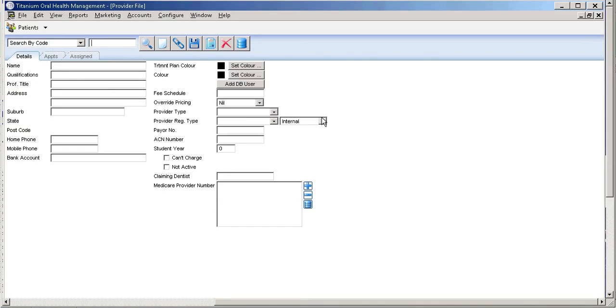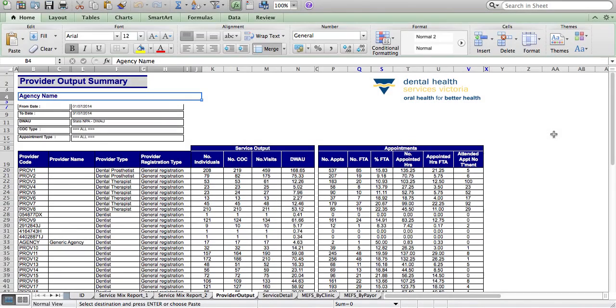Similarly, if an internal provider at your clinic is missing, it is likely they have been assigned incorrectly as an external provider in the provider screen. Once that is corrected, the report can be run again immediately, and the missing provider's output and appointments will appear in the report. As I indicated earlier, the left side of the report displays the output data for each provider or clinician. On the right side, only the appointment data for those providers listed on the left side will be displayed. That means if a provider has no output but does have some appointments in the period, they will not